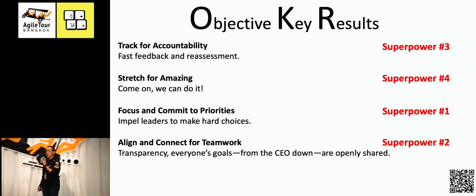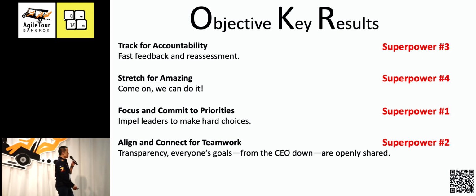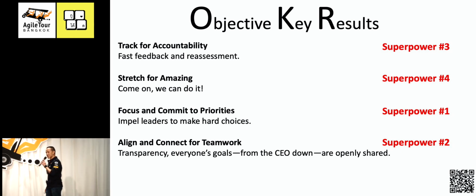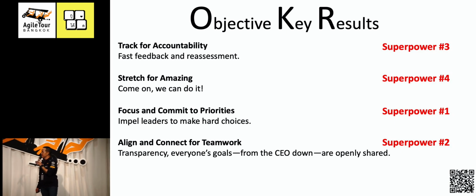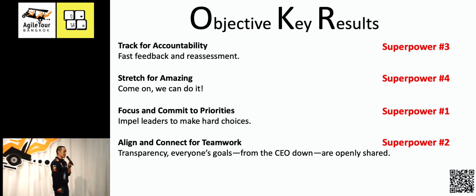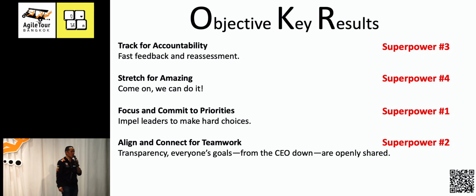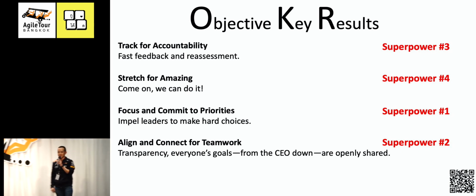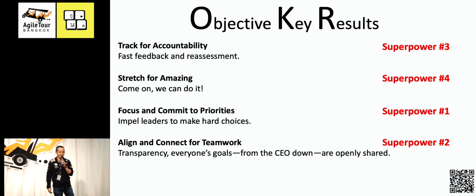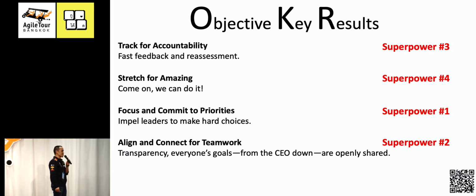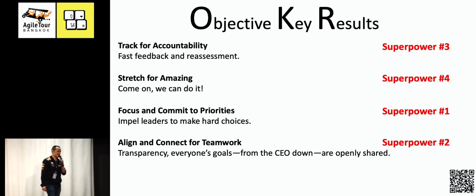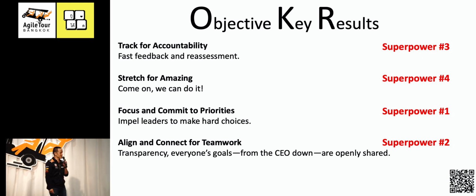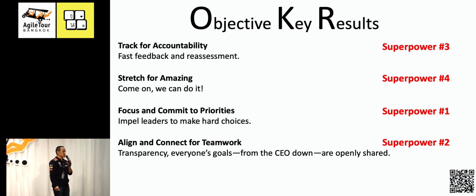The first one is actually superpower number 3 if you read John Doerr's book, Measure What Matters. Number 3. Not number 1, not number 2, number 3. Stretch for amazing is superpower number 4. What he talked about, focus and commitment to priorities, impel leaders to make hard choices, is superpower number 1, which we don't hear so much about. Align and connect for teamwork is superpower number 2, which we don't hear so much about. So generally speaking,